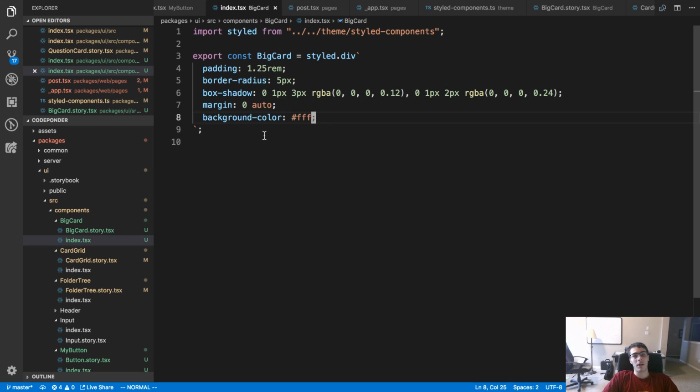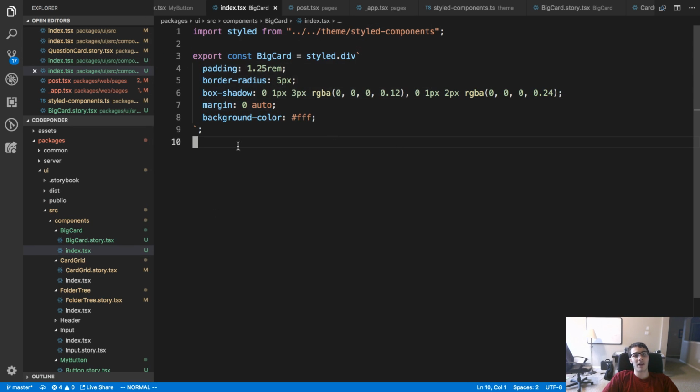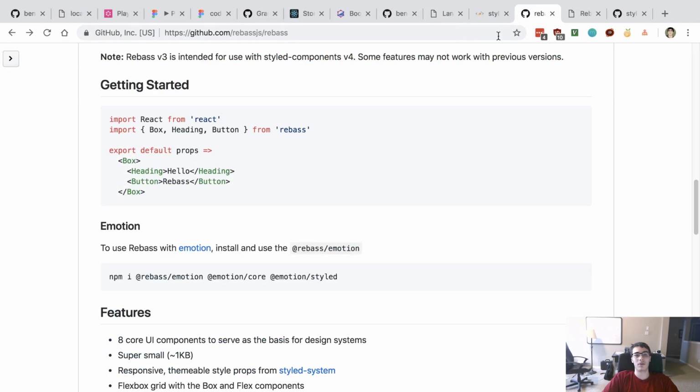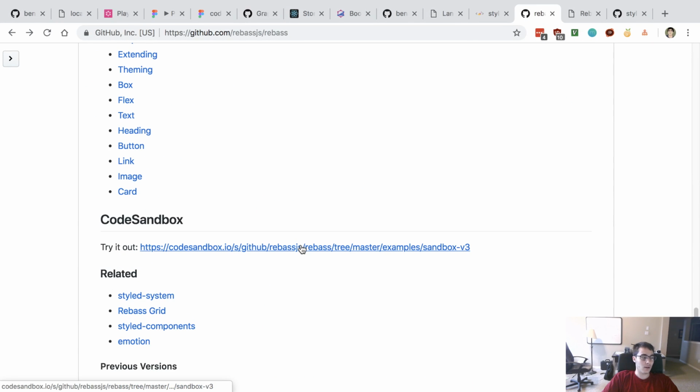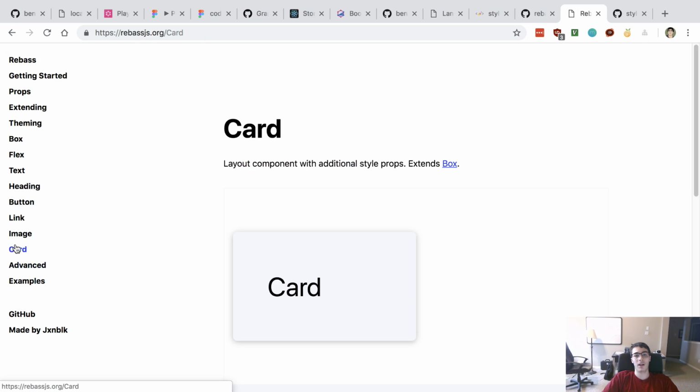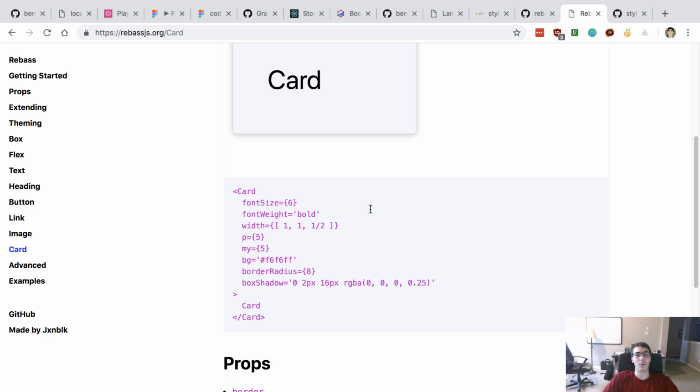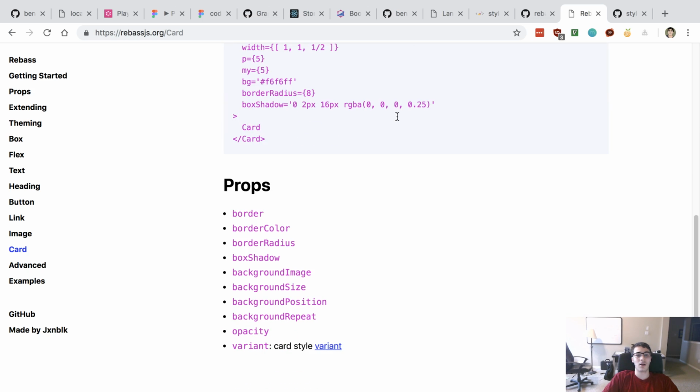So then what do you think? For example, this big card, should this be a box that I pass in attributes to and I just export the big card? Or should I be passing in like this? I should probably be extending the box, right? Import it, oh. You're right. So I should be extending the card component then from Rebas.